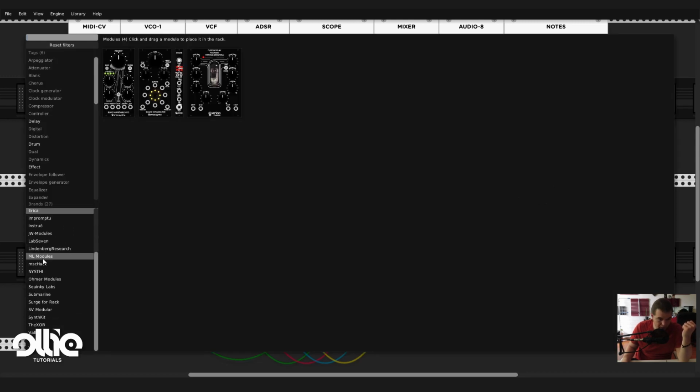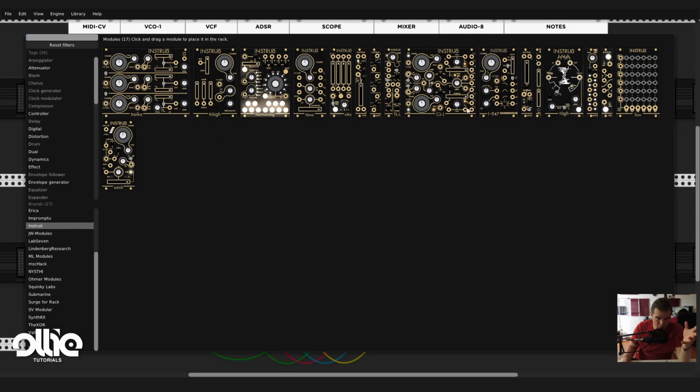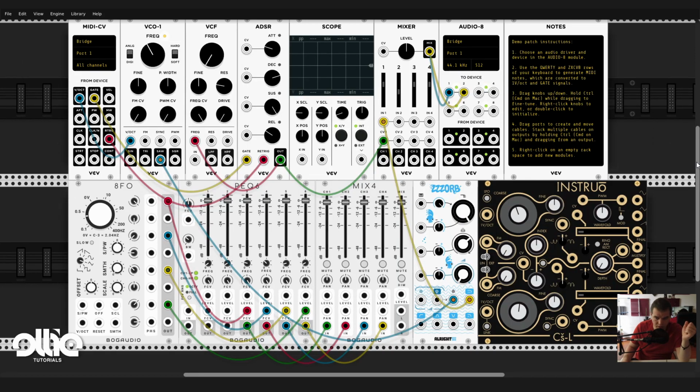Up next, we have Instruo. Instruo makes amazing modules. I've already reviewed the Cs-L oscillator from them. Amazing oscillator. It might be a little bit too complicated, but once you understand how it works, the stuff that can come out of it is just awesome. So yeah, highly recommend it. And the last